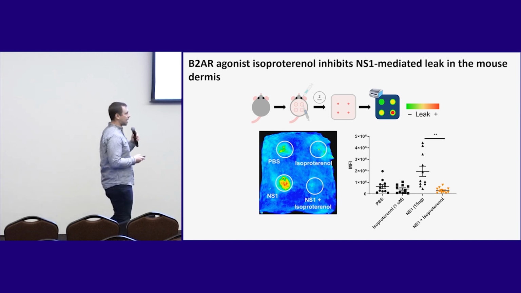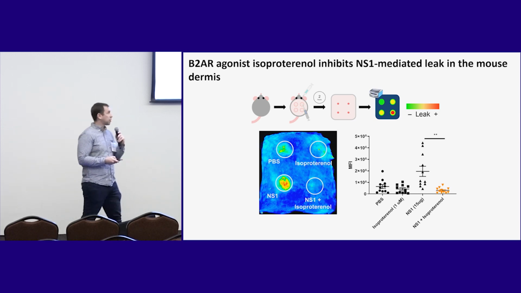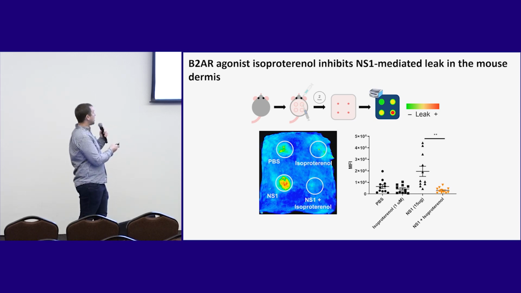This vascular leak assay is what we call BAC-ID, where we shave the backs of mice and administer intradermally different treatments into these spots in the back, including a control like PBS, our beta agonist, isoproterenol, NS1, or NS1 plus isoproterenol. Following this administration, we then give a dextran tracer dye, which is allowed to circulate for 2 hours. We then sacrifice the mice, collect the backs, and then we can measure the amount of leak we have locally